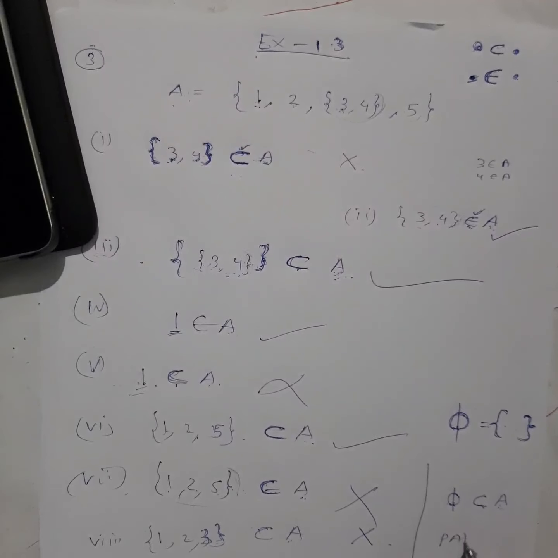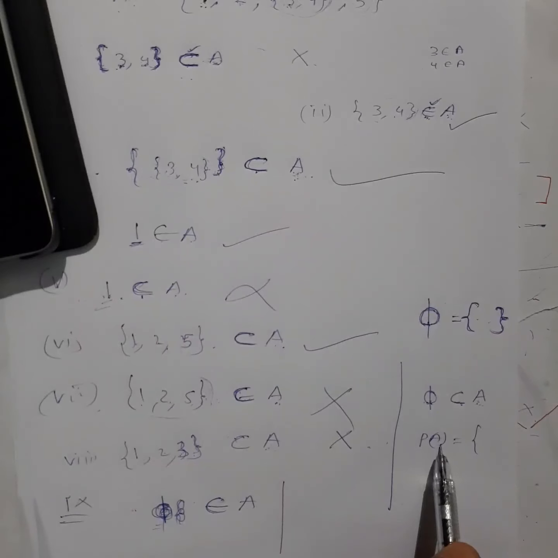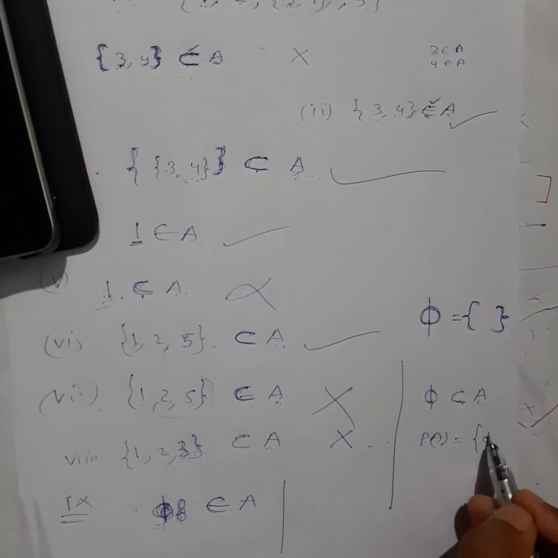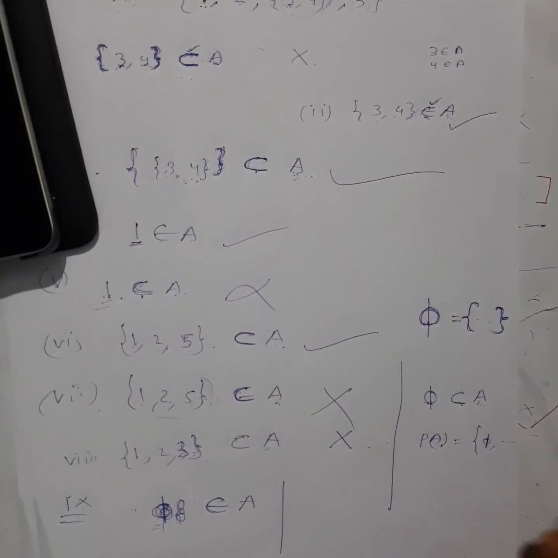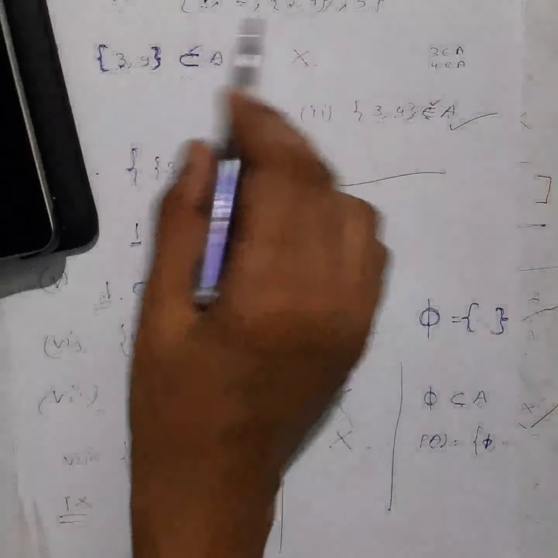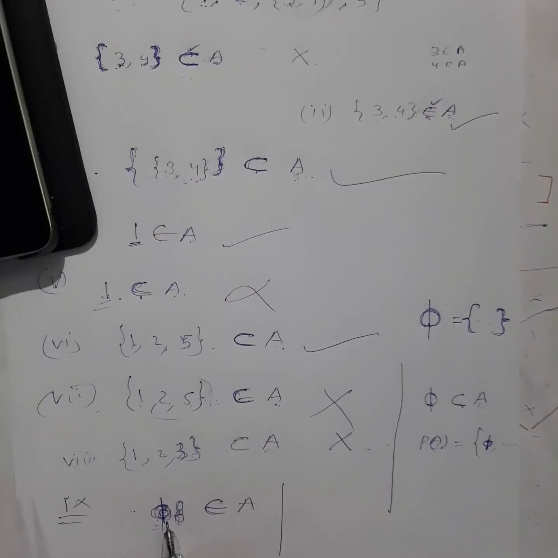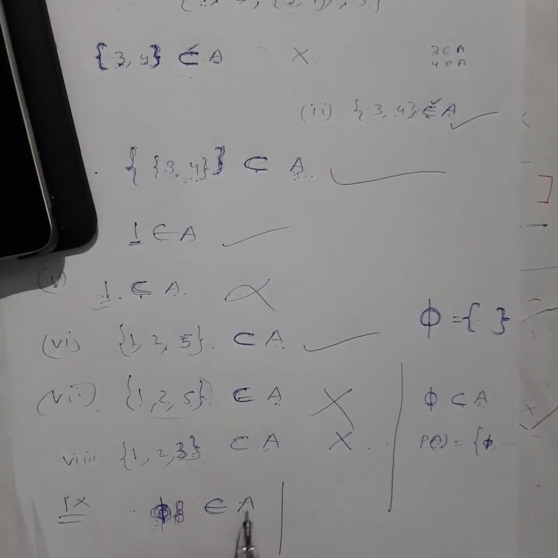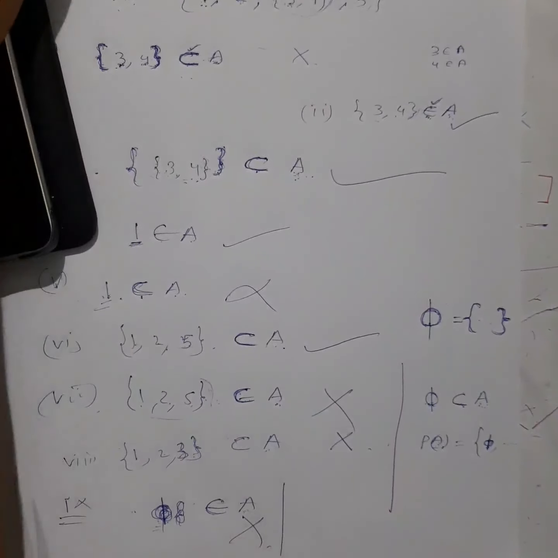In a power set, remember, power set of A, what is it? It is a collection of all subsets of A. So in the subsets, phi will also be there. Other than this, whatever is there, phi will be a subset of A. So the element phi will be there in the power set only, not here. So phi is not an element of A here. Okay, so don't get confused. This is a set. Before this, a set cannot be there. It should be an element of A. This is not an element of A. Clear? So this is a wrong statement.